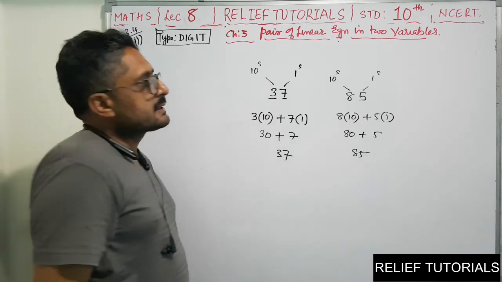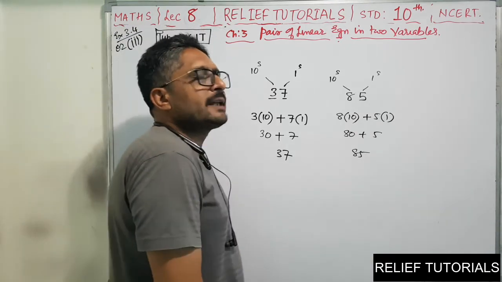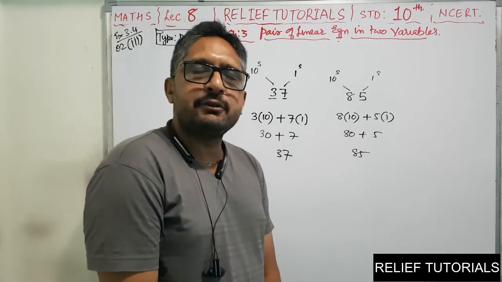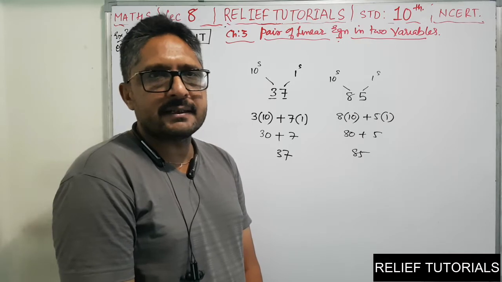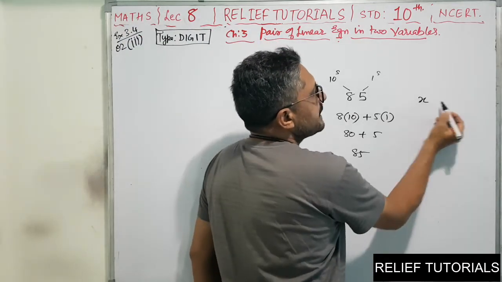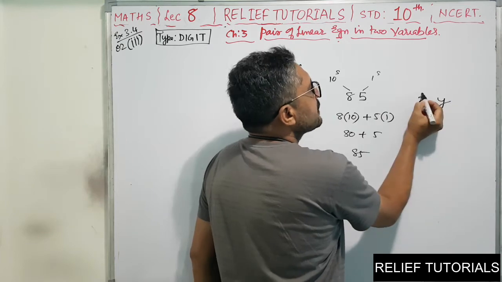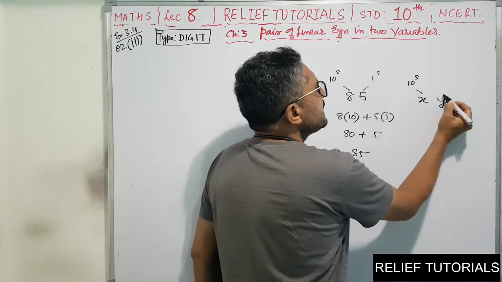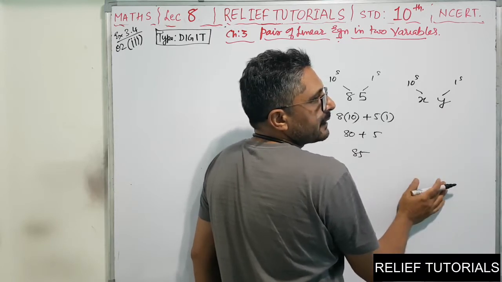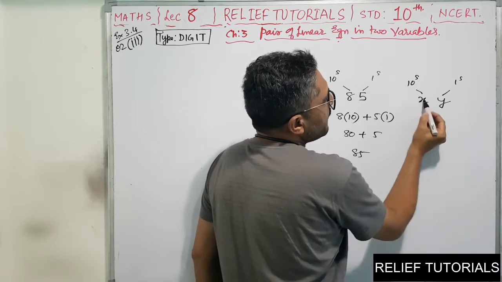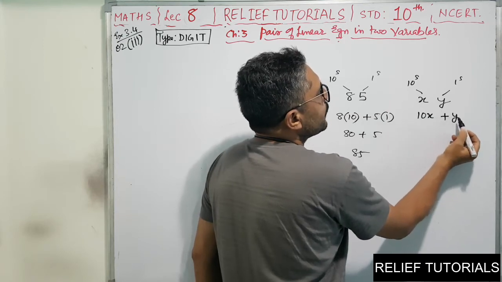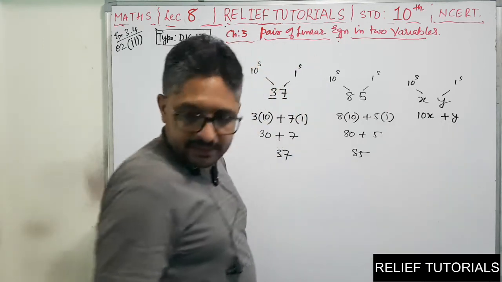Have you got it? Similarly, suppose we don't have a number. You want to find out which is the digit at unit place and which is the digit at tens place. So you say let the digit at tens place be x and digit at unit place be y. So this is the digit at tens place, this is the digit at ones place. So how will you get the number? The number can be obtained as: multiply the digit with its place, that is 10x plus y into 1.